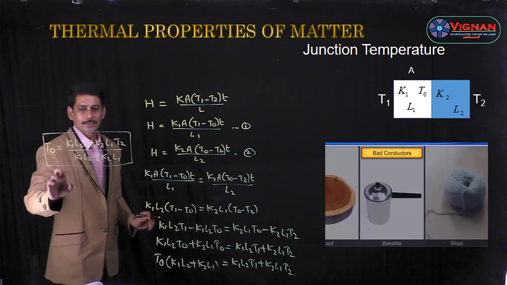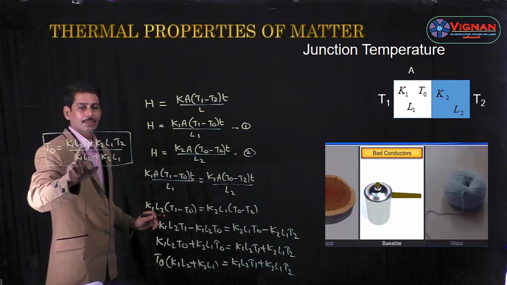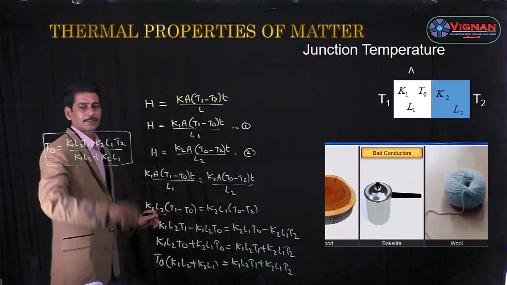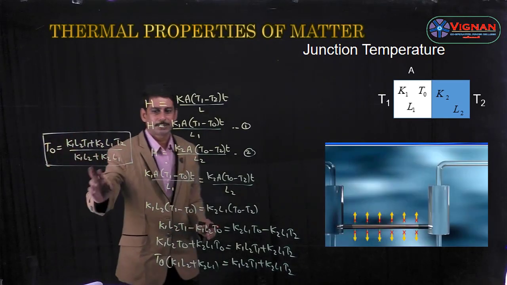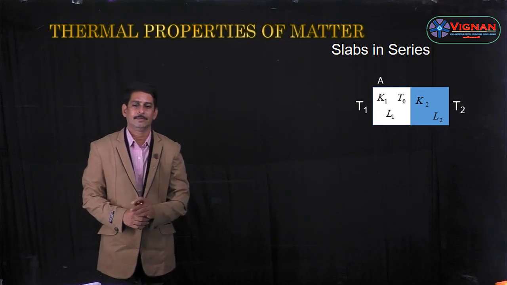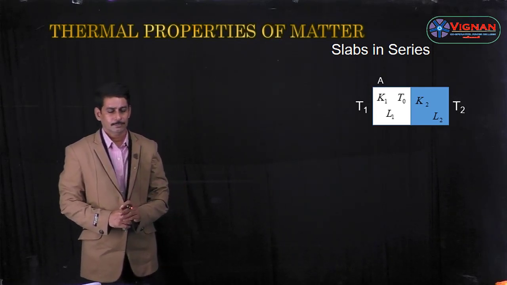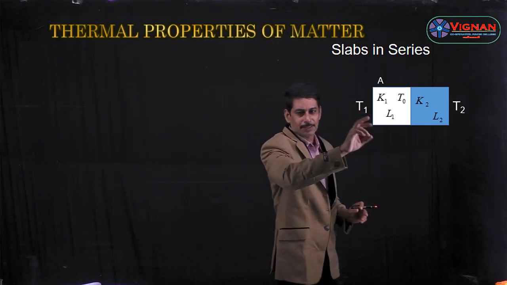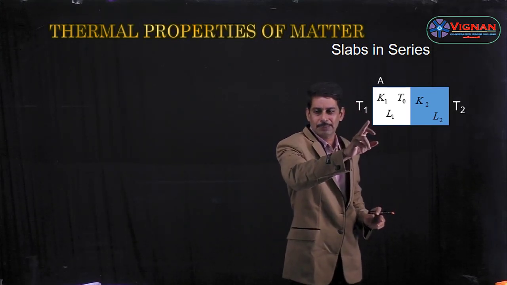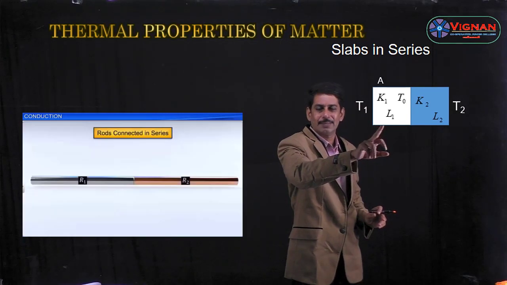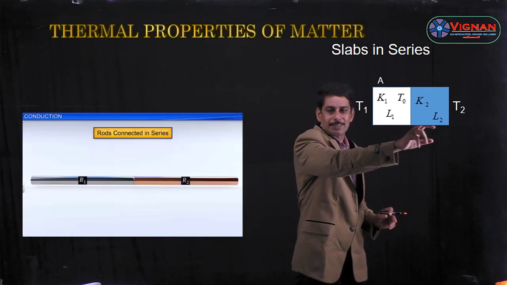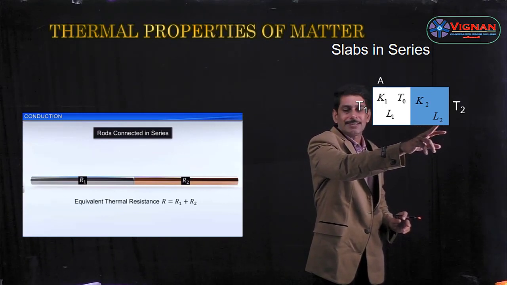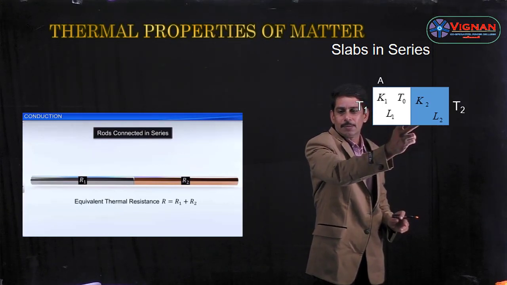So the junction temperature is given by T0 is equal to K1 L2 T1 plus K2 L1 T2 by K1 L2 plus K2 L1. So this is the expression for junction temperature. Now let us see the slabs in series. So let us consider two slabs. For the first slab, let us consider K1 is the coefficient of thermal conductivity and L1 is the length of the first slab. And for the second slab, K2 is the coefficient of thermal conductivity, L2 is the length of the second slab. And the two slabs are